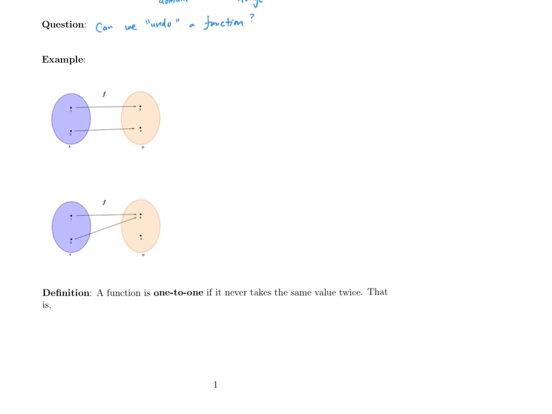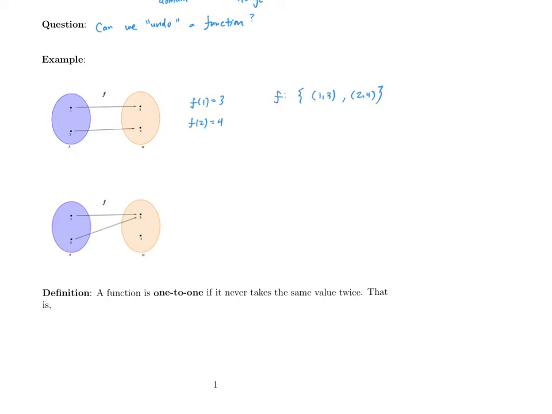In the first example, we have a function f that maps from a set containing the elements 1 and 2 to another set containing the elements 3 and 4. The typical notation that we would use is probably familiar. We would say f of 1 is equal to 3, and f of 2 is equal to 4. And we can also think of f as being a collection of ordered pairs in a sense: (1, 3)